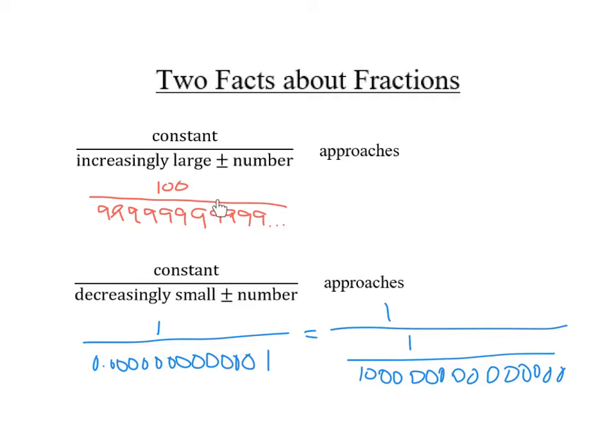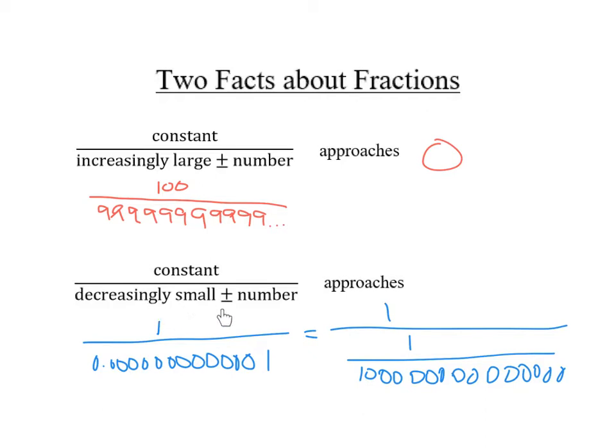when we were dealing with, I think, some of the trig functions, that anytime you have some constant number over an increasingly large, either positive or negative number, such as, here's an example, this fraction is very, very small. So anything like this is going to be approaching 0. All right. And if we have some constant